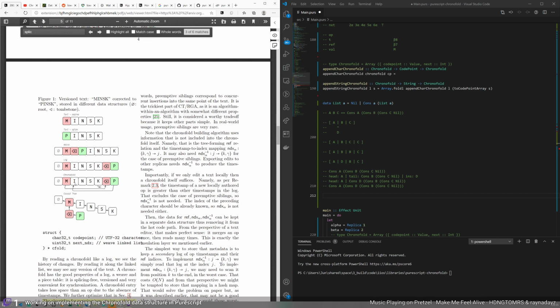Or is it that ref is... because we already saw that this was ref. And so ref is kind of previous in some sense. And so if we store next,